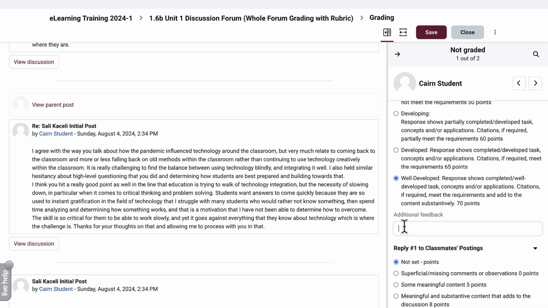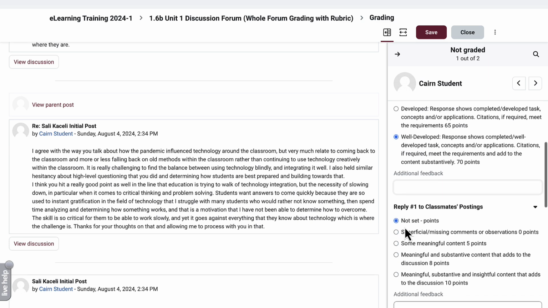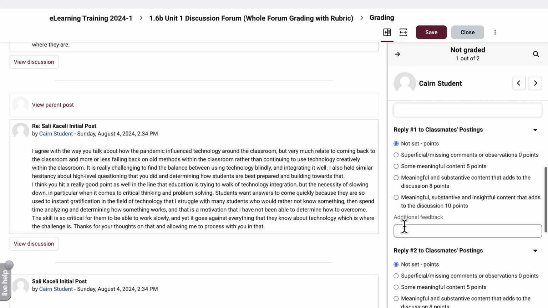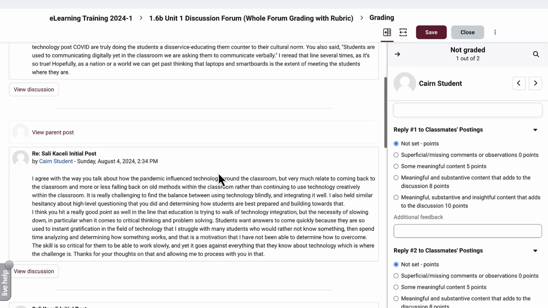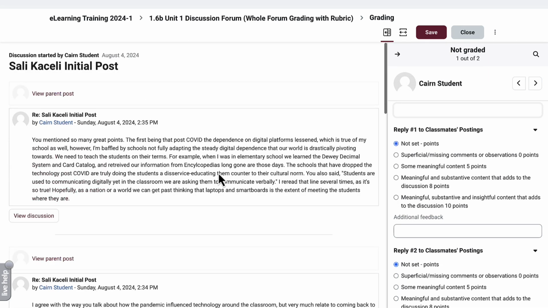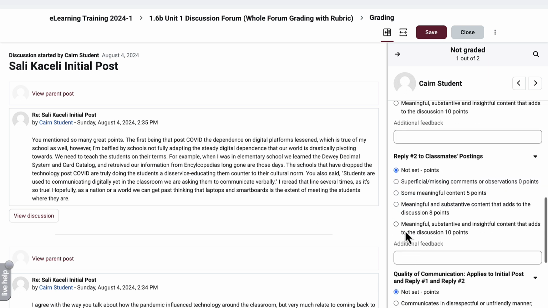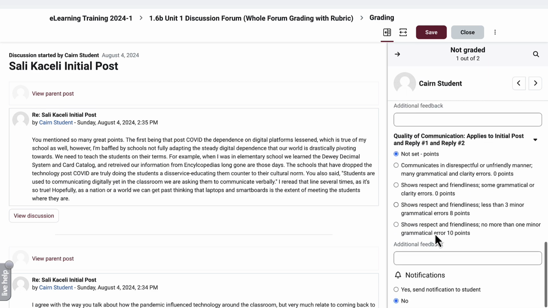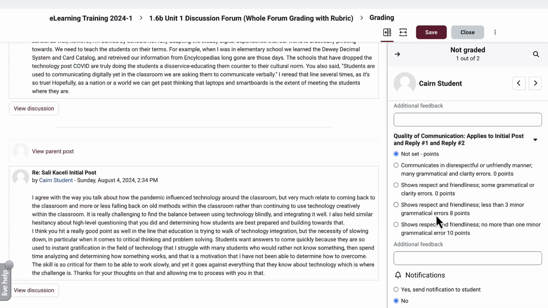You could put some feedback, then the first reply for classmates. You could, again, locate the first reply, and then provide one of the assessments. And notice it's going to be associated with points. The second reply, in our case, the student didn't submit one. And then we